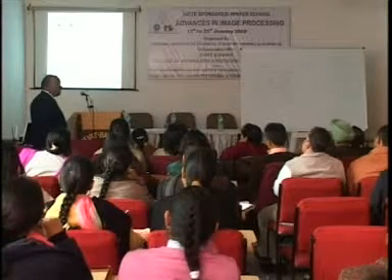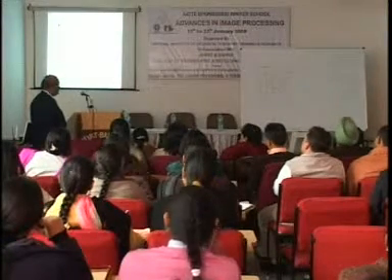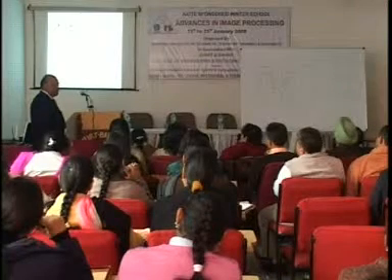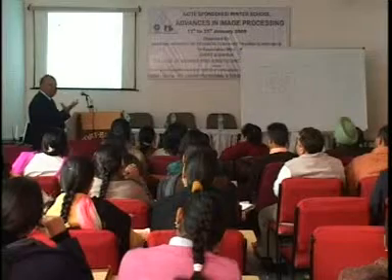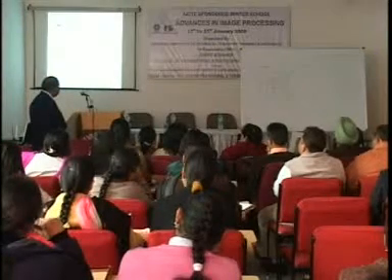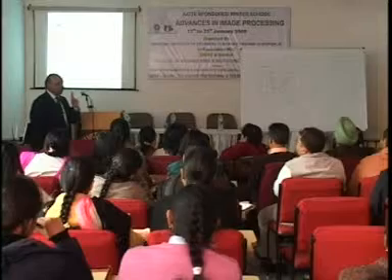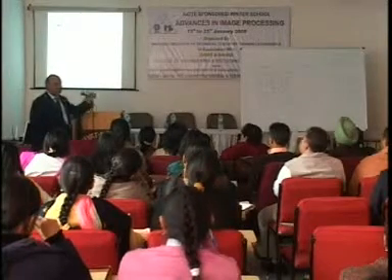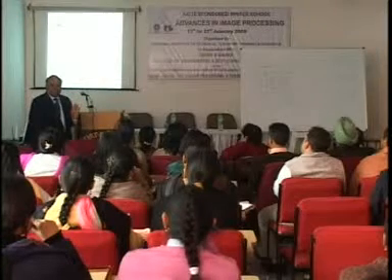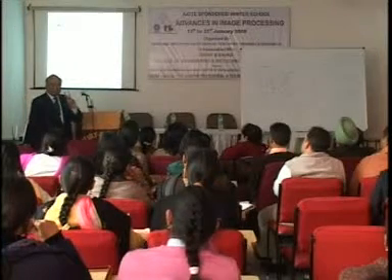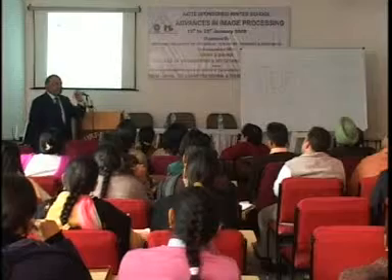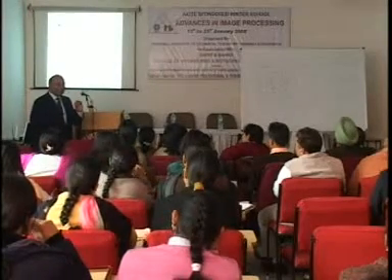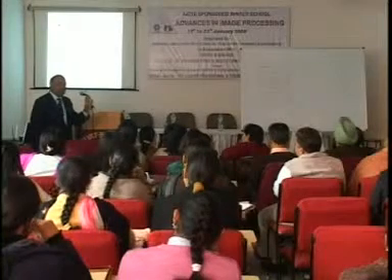By dilation, these black dots are highlighted. Or by erosion, these black dots are highlighted. So in this case, earlier I removed white dots. Now I have removed black dots, which are smaller than the structuring element. Now I get an image in which small white dots are not there. I get a processed image in which small black dots are not there.